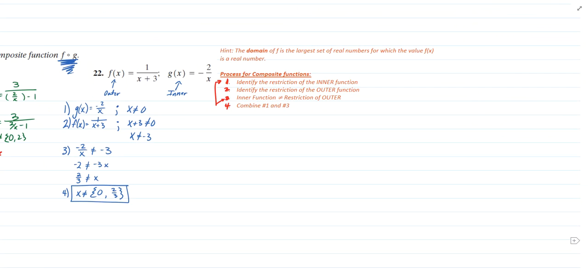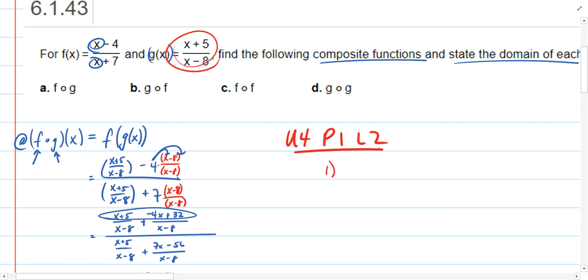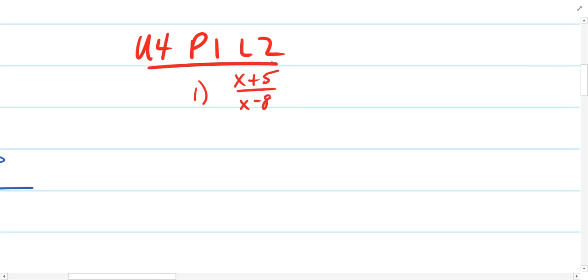So in this particular case, we want to find the domain restriction of the inner function. Our inner function was g of x. So when is this going to be a problem? In class, I had mentioned how you can think of this as, when is there a restriction, or for what values is this function acceptable? In this case, I think it's easier to think about the restriction, because I can really plug in any number for x here. When we're talking about the domain, we're trying to identify what real numbers can be used in this expression to generate a real number result. And any number can be plugged in for x here except for